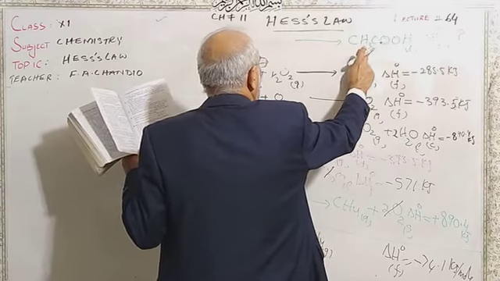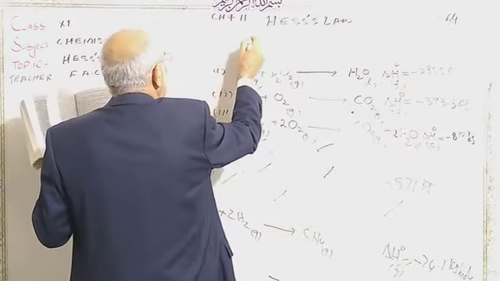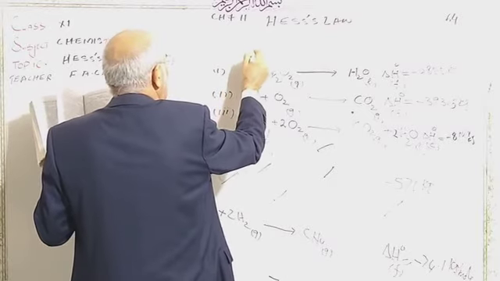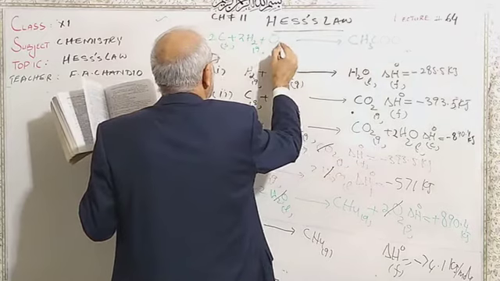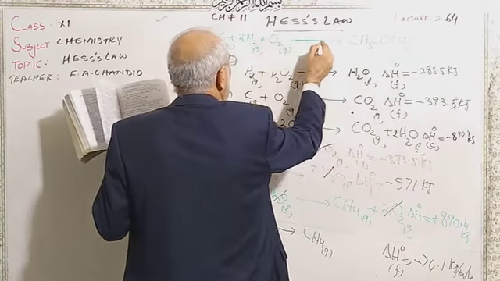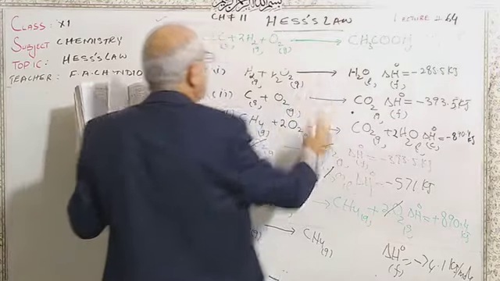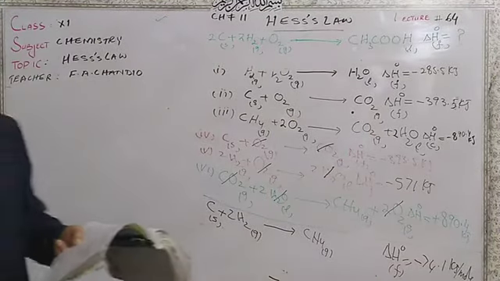There are 3 here and 1 there, so 4. So 2 H2 gas plus 2 oxygen. That is one. So this is the question,